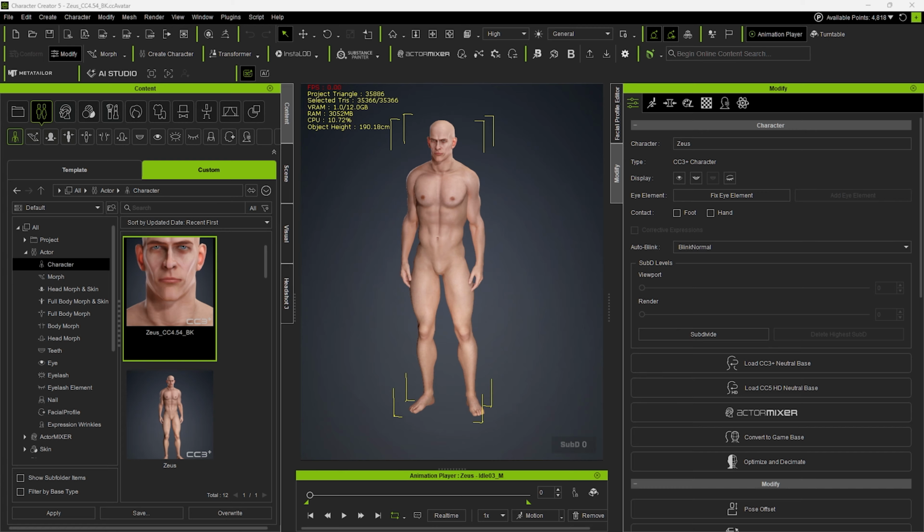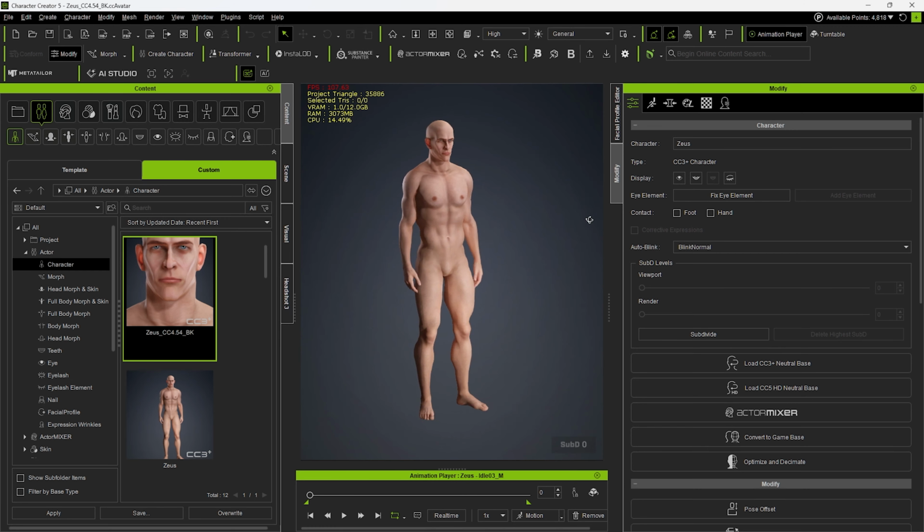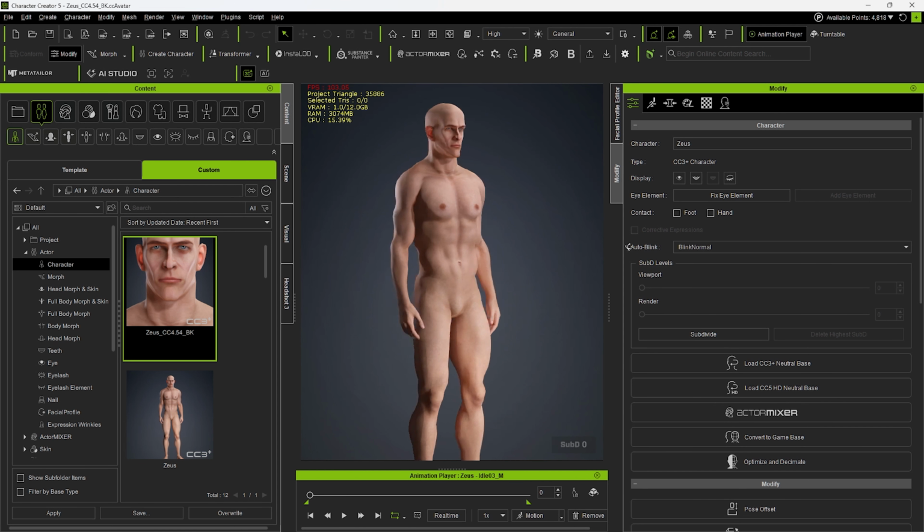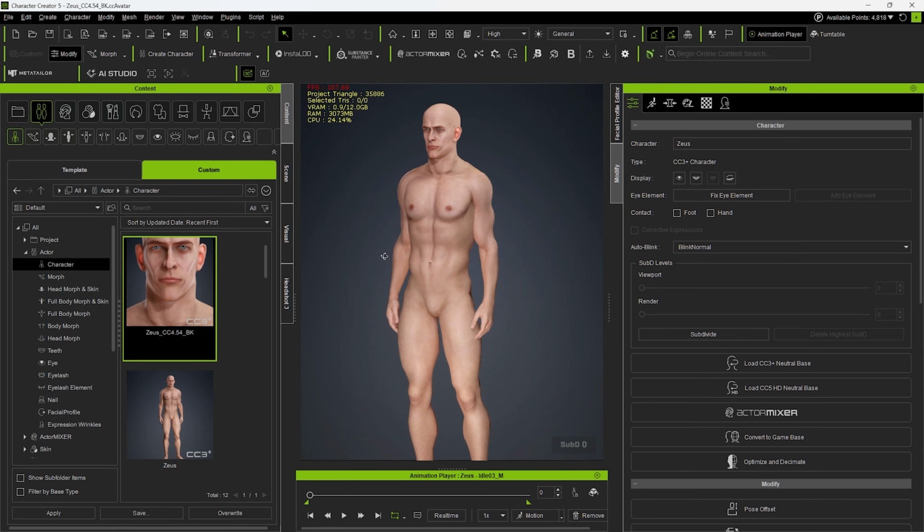So here on the screen, you see I have a character. His name is Zeus. And Zeus, he needs some clothes. Right now, we're going to put a shirt on him, because, man, I'm jealous of the muscles in this guy. All right. So in order to really fit clothing on a character like this, you need to put him in